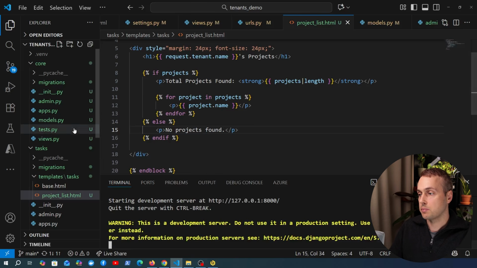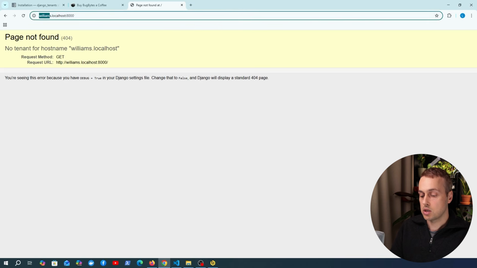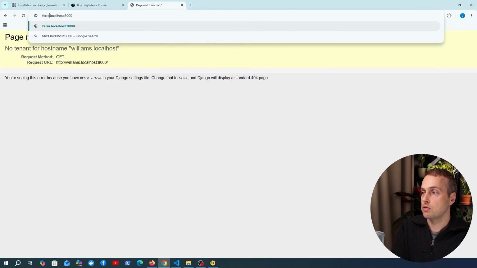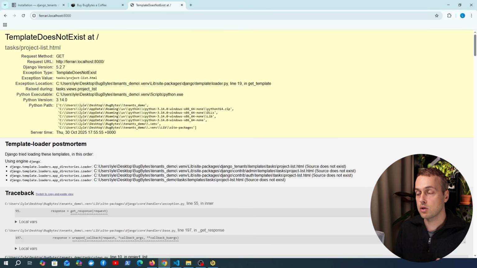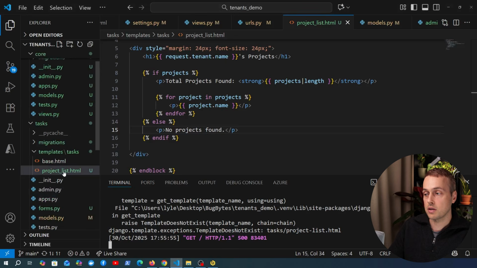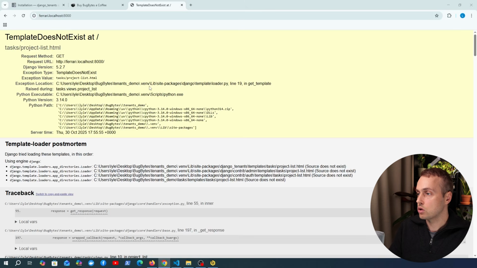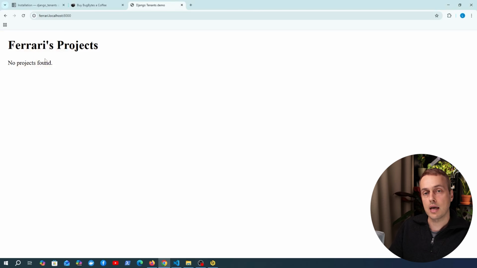And we're going to go to this page. And we're still on this Williams page here. I'm going to remove that. And let's go to ferrari.localhost:8000. And we're now getting this error, template does not exist. And that's because I've named this slightly incorrectly. It's not an underscore here. It should be a dash here. So let's replace that. Hopefully now we are all good and we can refresh this page and we get Ferrari's